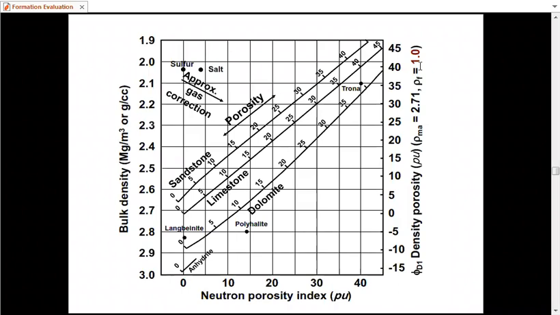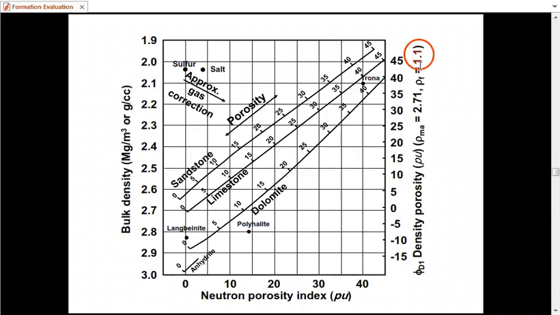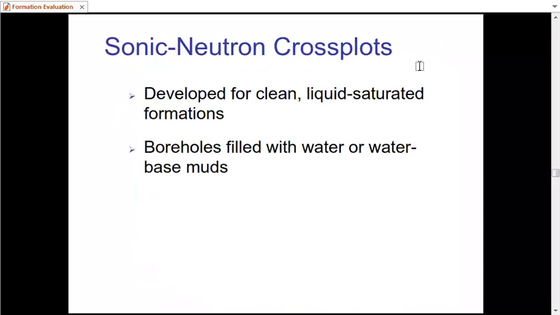This is a freshwater density. And in this case, you are dealing with a different fluid density equal to 1.1. And you can use the published charts for the neutron density crossplot,